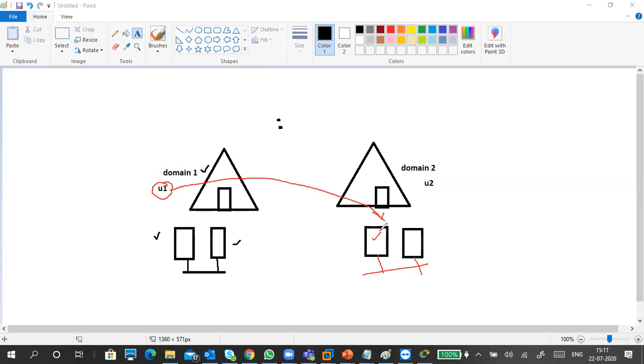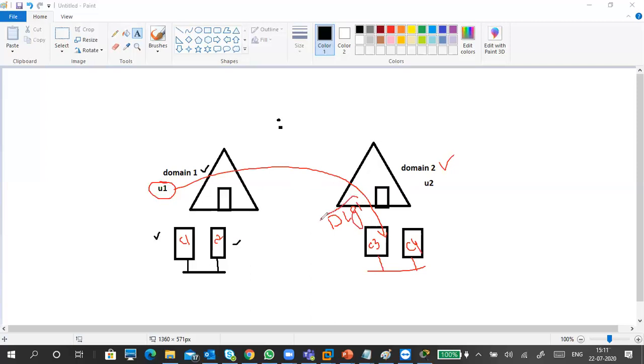Okay, but it won't let you log in. I said directly it will log in, but it won't let you log in. If user 1 in domain 1 wants to log into a local PC, for example, this is C1, C2, C3, C4. He tried to log into C4, which is in domain 2. Now, when he tried to log in, he cannot log in because this user is in a different domain, right? So if he wants to log into domain local resources, he should be a member of a domain local group.